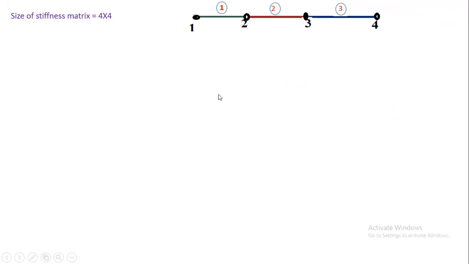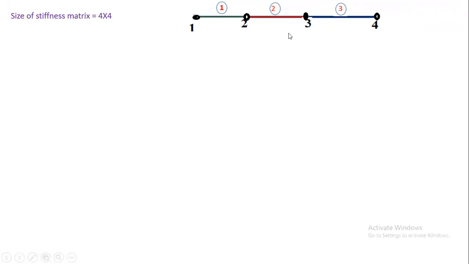Now see here, what I want to tell you, you have a 4 by 4 matrix. While writing the 4 by 4 matrix, if you want to add the stiffness matrix of first element in that 4 by 4 matrix, the elements of the stiffness matrix which correspond to nodes not connected to that element are 0.